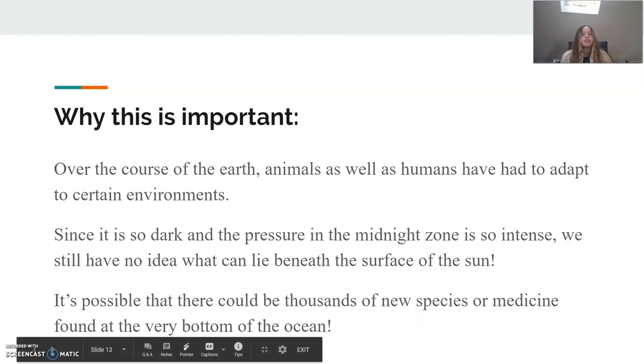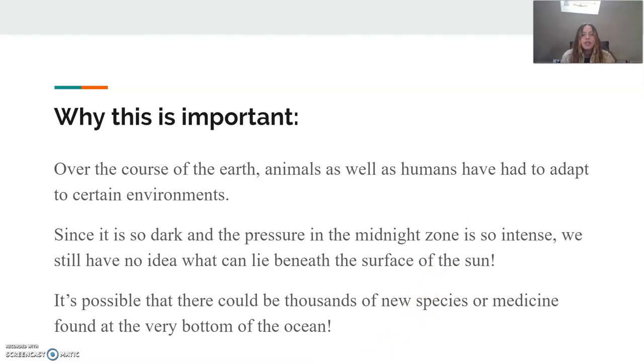So why is this important? Well, over the course of the Earth, animals and humans have had to adapt to certain environments. And since it's so dark and the pressure in the midnight zone is so intense, we still really don't have any idea what lies beneath the surface of the sun. It is fully possible that there could be thousands of new species or medicine found at the very bottom of the ocean. So, due to the pressure and the lack of light, biologists and scientists have yet to completely explore